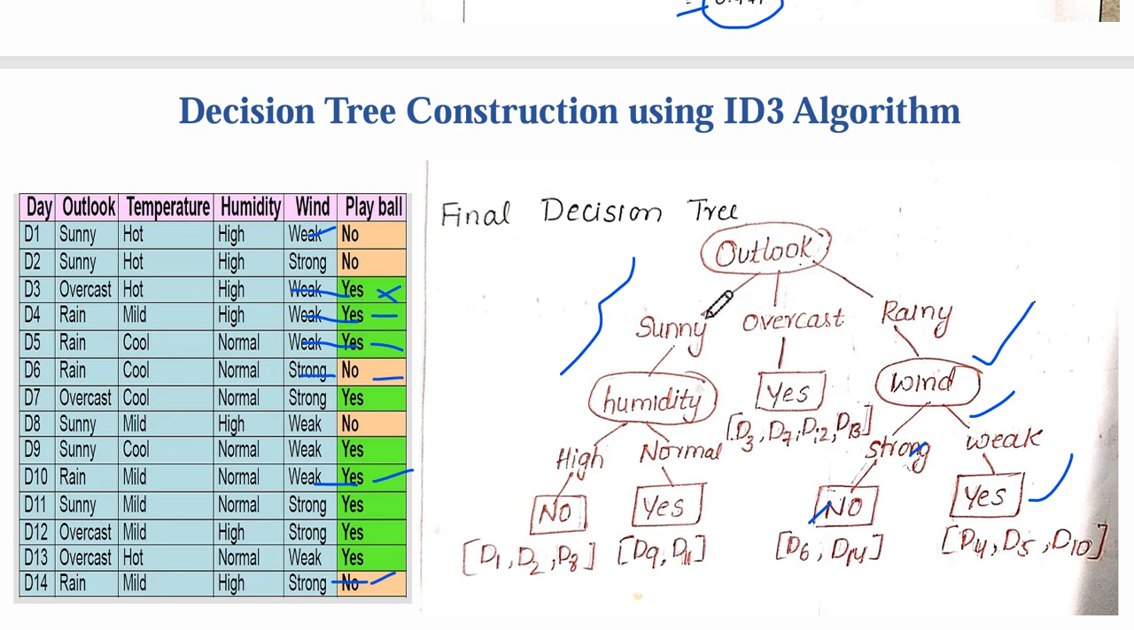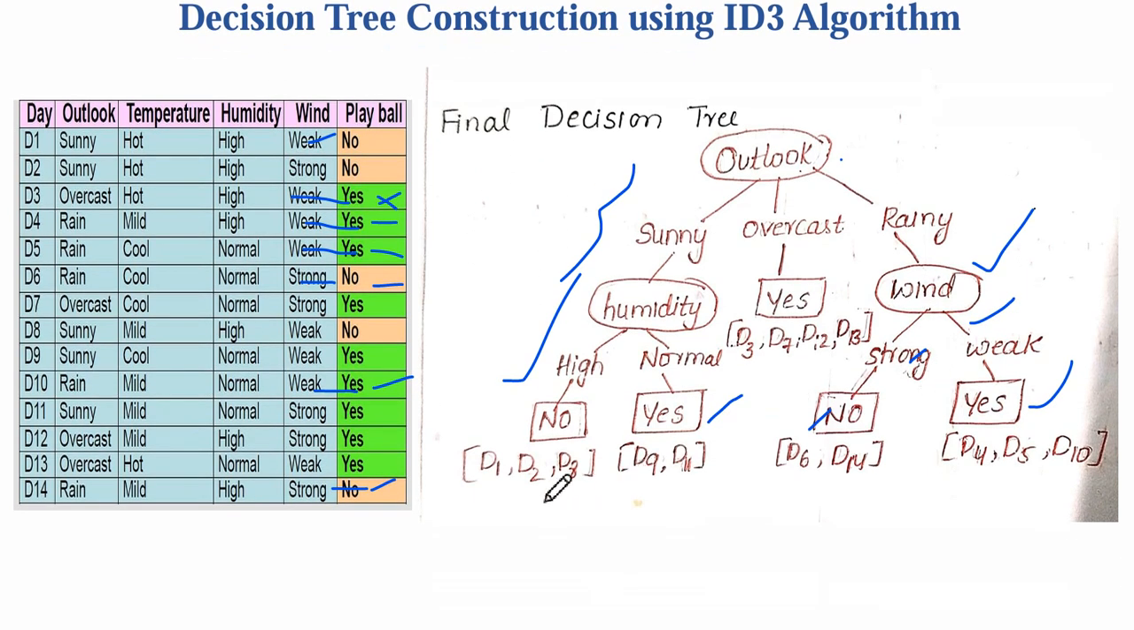So if outlook equals sunny, humidity equal to high, that record belongs to which class? No class. For example, if outlook equal to sunny, humidity equal to normal, that record belongs to which class? Yes class. So this is the final decision tree. If all the records come into the decision tree, that's why now the algorithm is stopped. Likewise, you have to construct the decision tree using ID3 algorithm, using the entropy and information gain